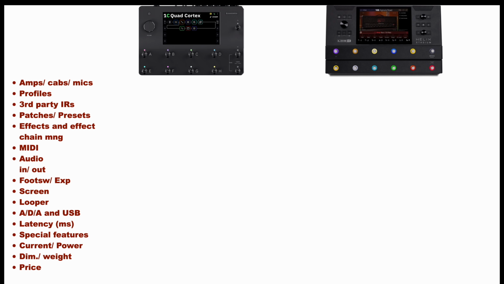Now check out the differences between the two units among the parameters shown on the screen, like the number of amps, cabs and microphones built in, third-party IRs availability, number of effects and effect chain management, audio inputs and outputs, etc. Before starting, please notice that here I will mention the info about the Helix Stadium, putting in brackets the differences with the Stadium XL, as the normal Stadium, in my opinion, is more comparable to the Quad Cortex, especially